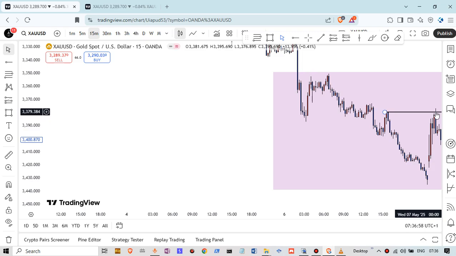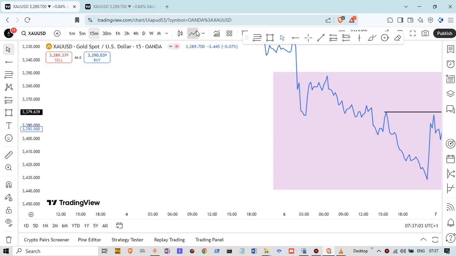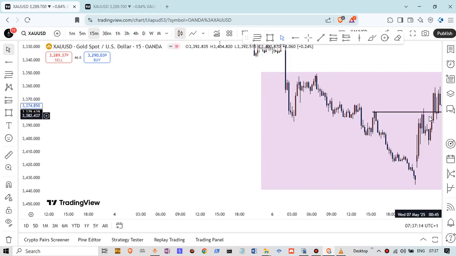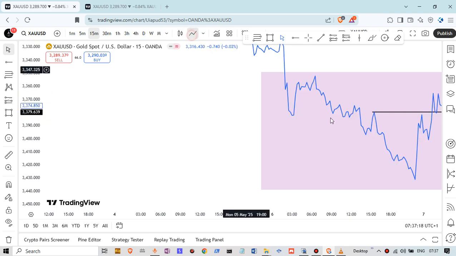I can't call this a break of structure yet until I see the body of the candle close above it. That's why sometimes I can use the line chart to see that, okay, truly there's been no proper break yet. So when you move a bit, now there's a proper break on the candle chart. You can see what it looks like. This candle closing above it. All right. So once this happens, this has signified that, okay, there's a break of structure.